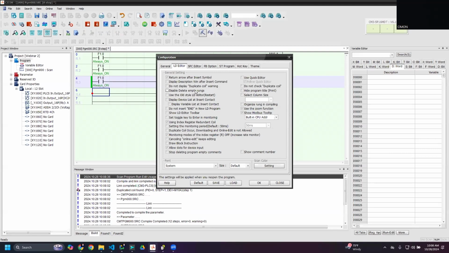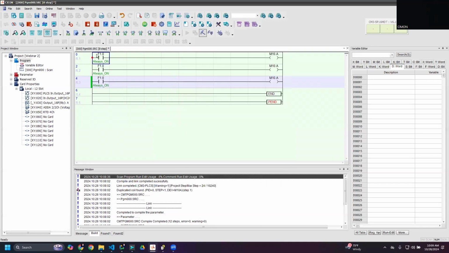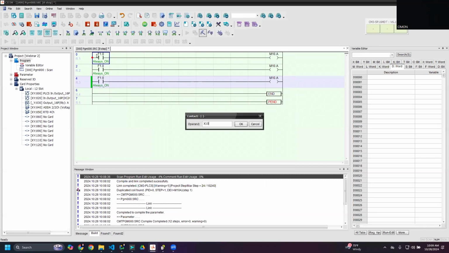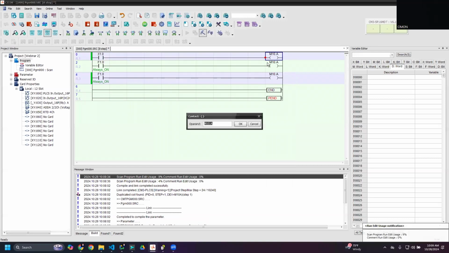Empty rungs are deleted by default. If you select this, that will not occur. You can also use the old LD editor. However, I like this current version, so I leave that unchecked. Display device list, such as data registers, variable list, all of that. Over here under Modbus tooltip, this allows us to see the Modbus address for all of the data registers used in CICON. So if I create an X variable as well as a Y variable